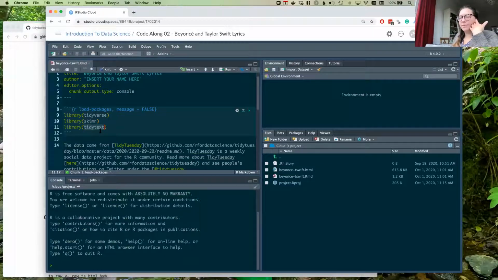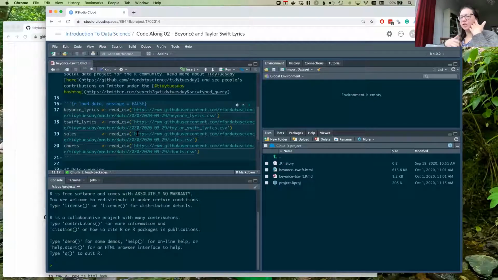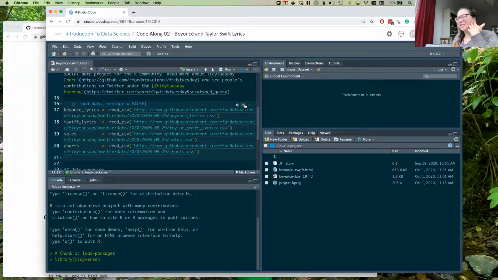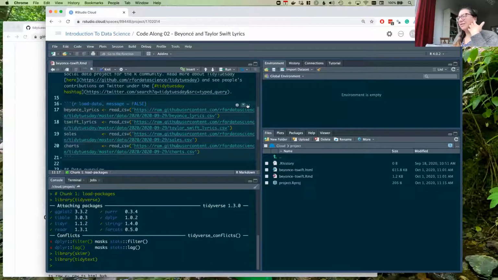There's a question about making dark theme the default. Yes, it is if you have things locally installed, but currently no on RStudio Cloud, because that sort of information doesn't get carried over from one project to another. But I can assure you that it has been asked, and I think it's on the engineering team's to-do list, because people who like the dark theme are kind of obsessed with it. They don't just like it.